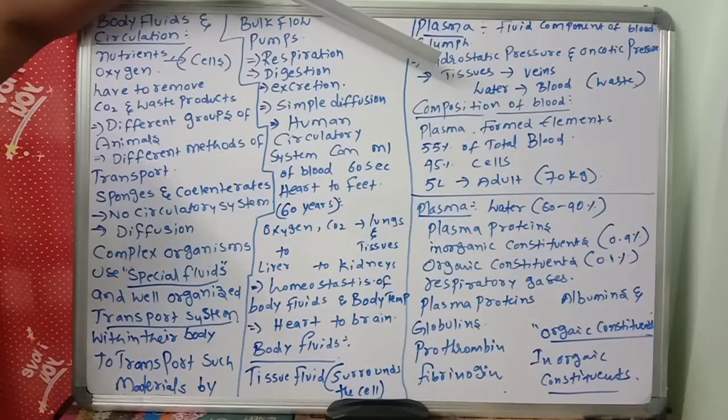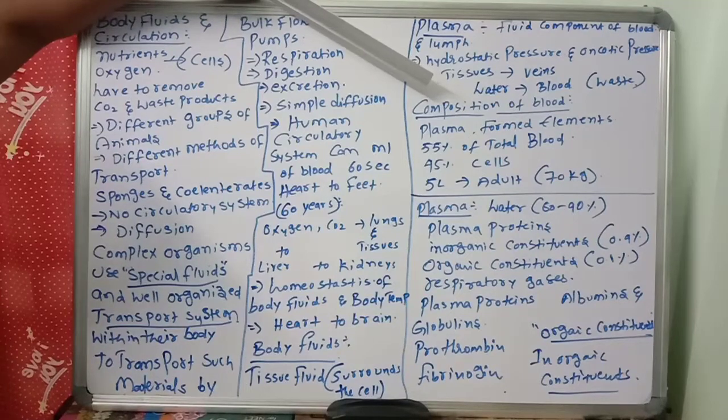The tissue fluid has a lower concentration of protein than plasma. In the tissue fluid, a very low concentration of proteins is there. At the venous end of the capillary bed, the water potential is greater than the hydrostatic pressure. So in the capillaries, the water potential is greater than which one? The hydrostatic pressure. Then fluid from the tissues flows into the capillaries and water is drawn back into the blood.